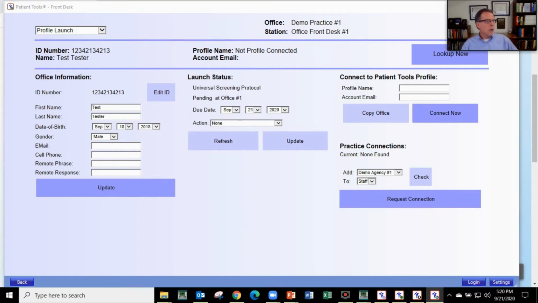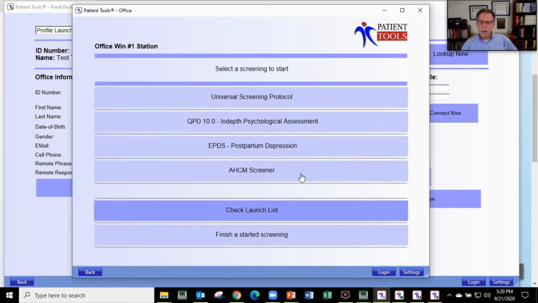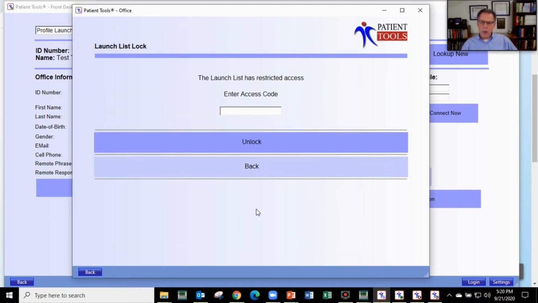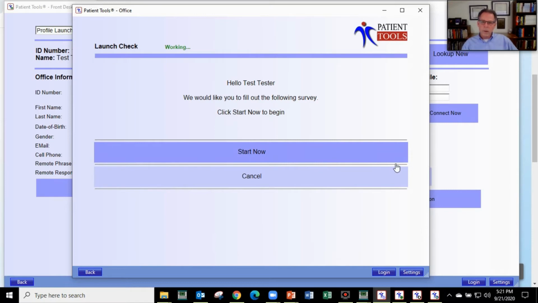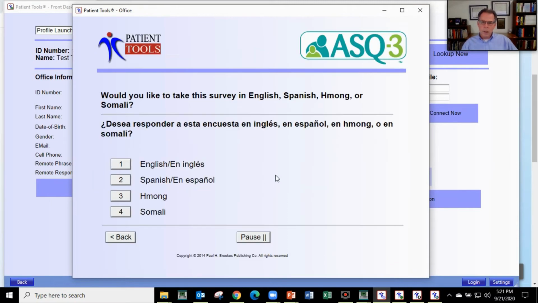And if we go back and go down and check our launch list, just enter a simple access code. By default, it's always 1, 2, 3, 4. And there's test tester down here at the very bottom. We just click on that, start now, and we should be dropping directly into an ASQ3. So there's ASQ3, pick our language,